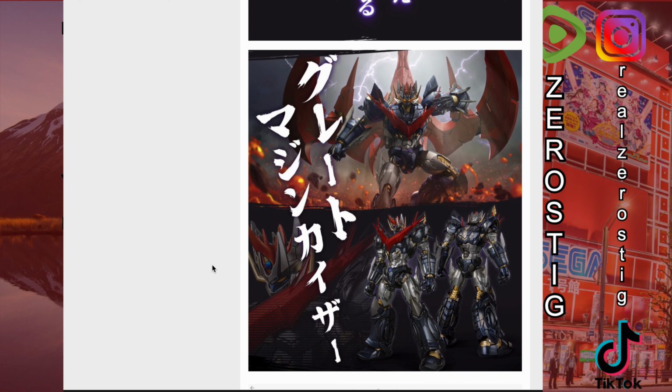I'm gonna pre-order this guy, but I might change it if Bandai does come out with the Infinitism line and they say, okay, this is Great Mazinkaiser, and it looks better than this one, or just the same. That would be very interesting. Heck, if they do Mazinger Emperor G, which they can, because if you remember correctly, Super Robot Wars is made by Bandai Namco, meaning that they own that one, and they come out with that one, then